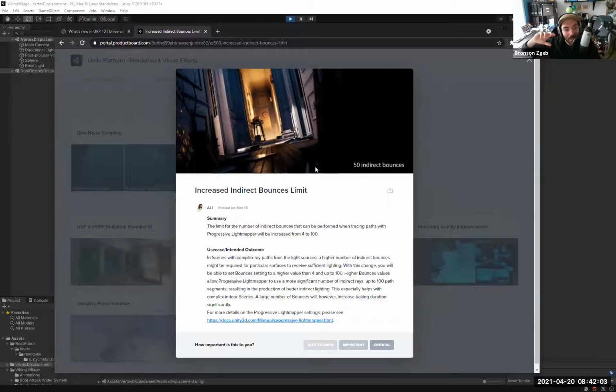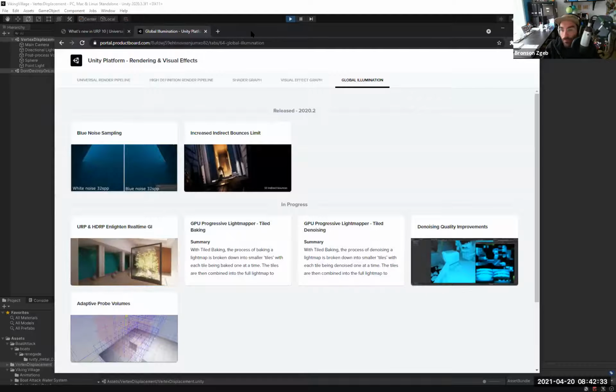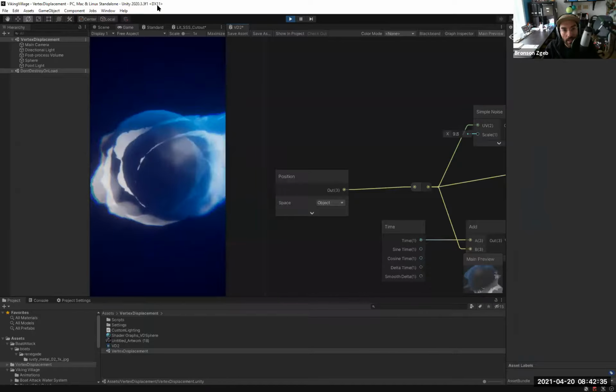The upside is there's no extra cost after the baking, right? So if you want to work through your scenes at one bounce, quickly iterating and trying new stuff, when you're happy, crank that up to 100, make your final bake. There's no runtime cost. You're going to have the best possible lighting at that point. So that's just a nice improvement, that now you can really push those much, much further. And I believe that's all I have to cover today.